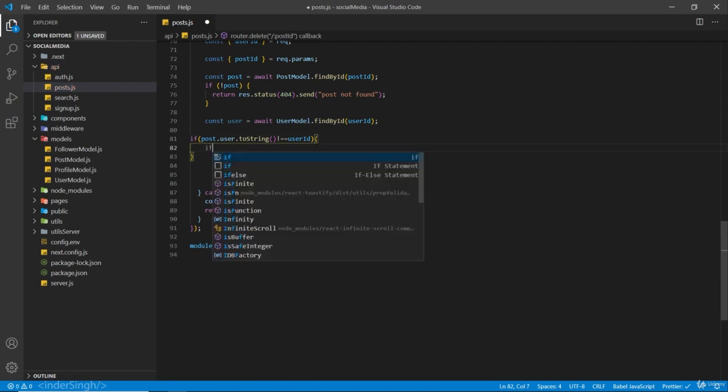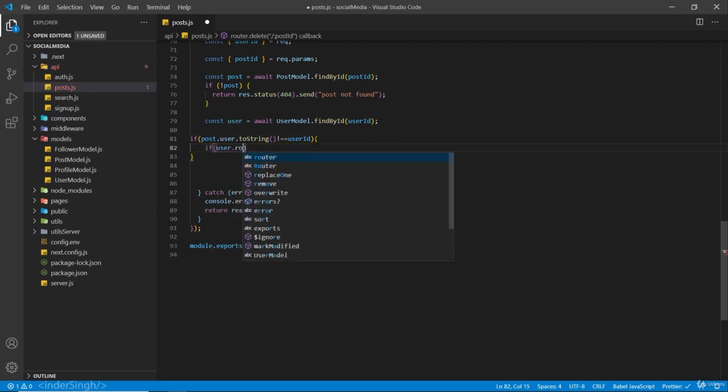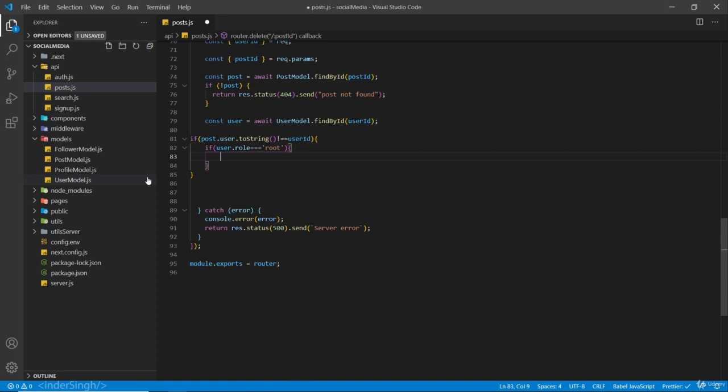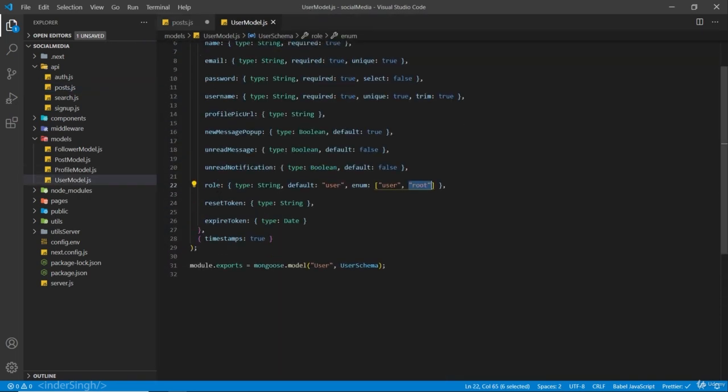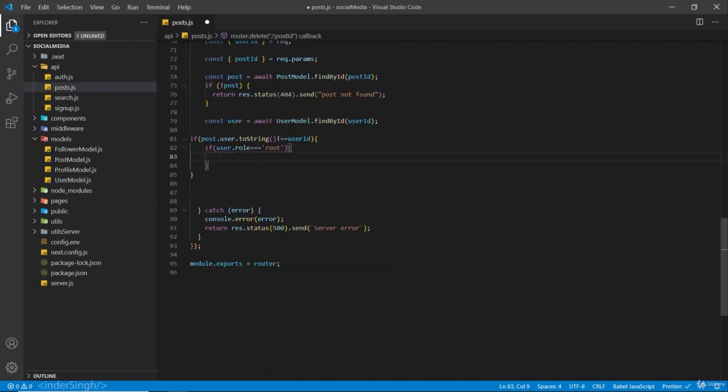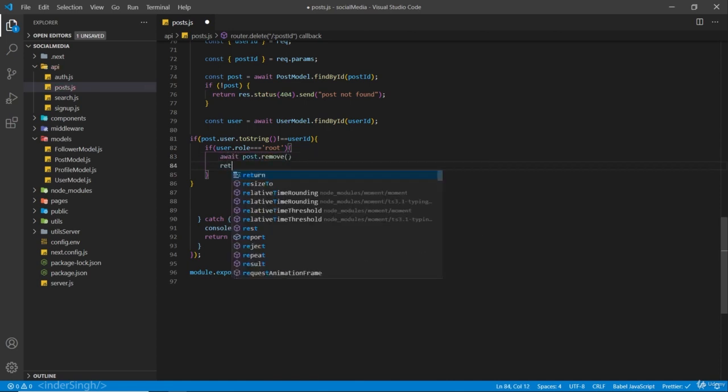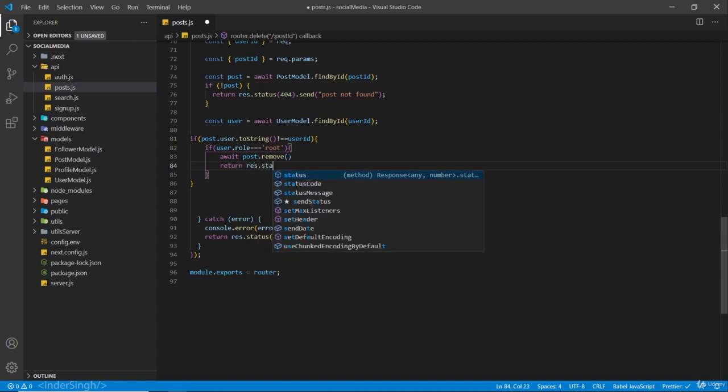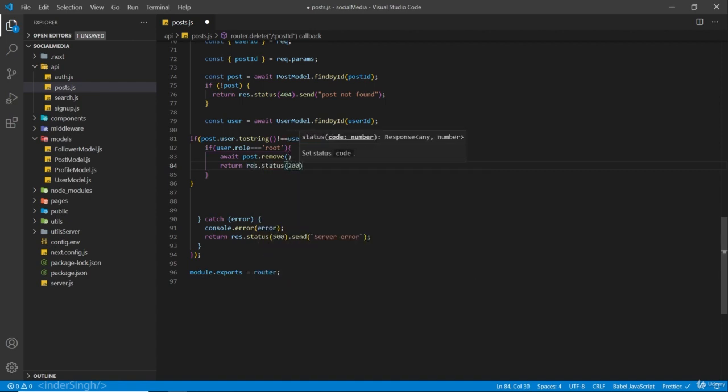Here we are going to check if the user dot role is equals to root. So when we created the user model, we set this role here, right here. By default it is user, but we are going to create a user whose role is going to be root, so that root user can delete any post he wants. So here we are going to check for that. If user.role is equals to root, we are going to await post.remove, and we are going to return with the status code res.status 200.send post deleted successfully. And else